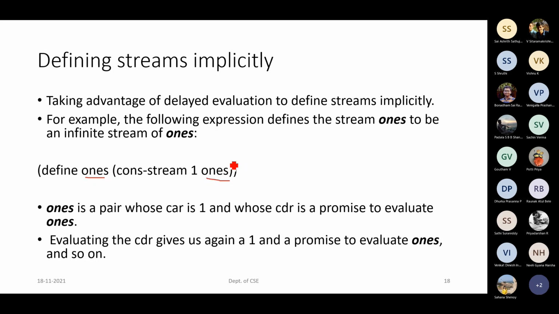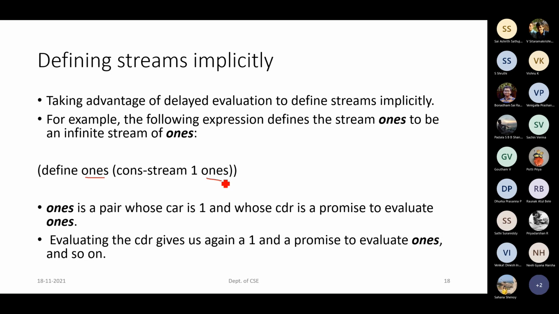So what happens here? First time when I am using ones, this will have the value 1, that is cons of 1, and delay of this ones. So we are just promising the later part. By the time the force has been applied and the delay has been removed, the variable ones will have the value, and the first value would have already been given over there. So for the later part, it is just a promise. If required only, we will be evaluating. By the time you are evaluating, this variable ones will have the first value, which is 1.